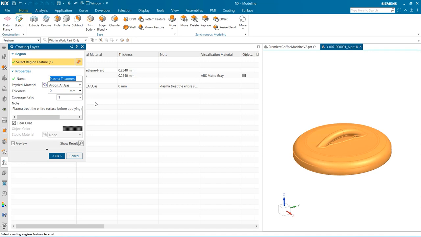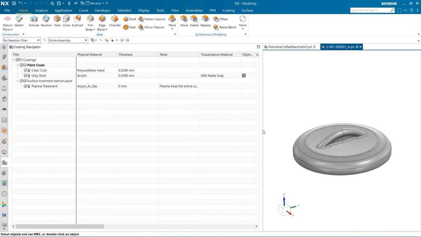Inside this window should be any other information necessary to understand your coating layer. Here we can find the coverage ratio, if the layer is applied as a clear coat, and any important notes regarding the layer's application. Additionally, if any changes must be made to our layers, this is the place to do so. The last thing I want to take a look at before we are finished is the overall impact that